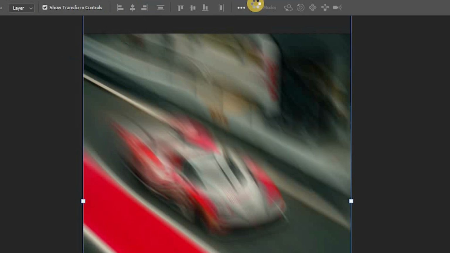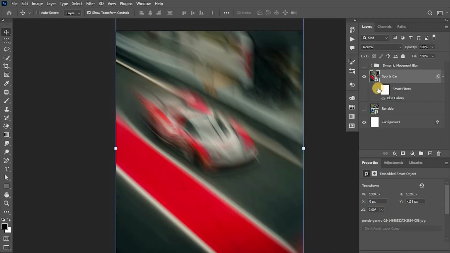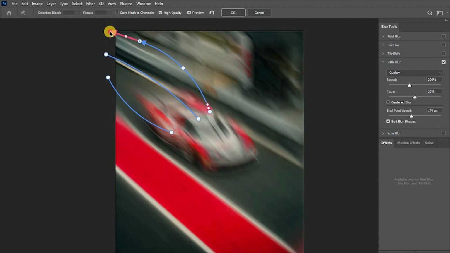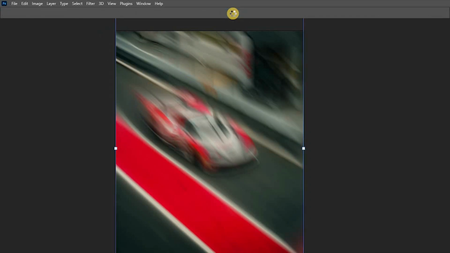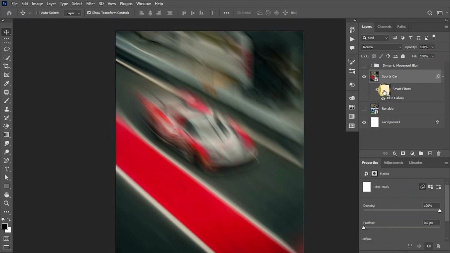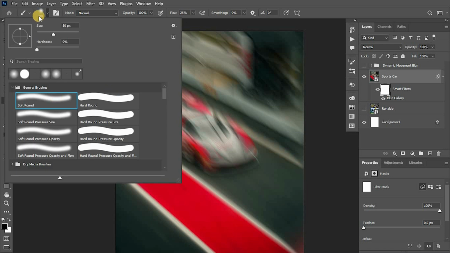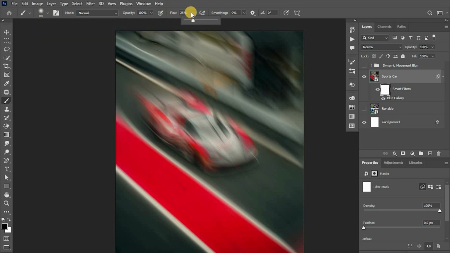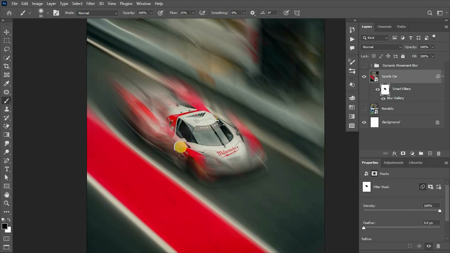Press OK to apply. As it's a smart object, we can change it anytime we want by double clicking the effect. Now let's restore some details. So activate the smart filter mask, press B for the brush tool, select soft round brush, flow around 25%, foreground color to black, and tint on the parts where you want to hide the blur effect and get the subject